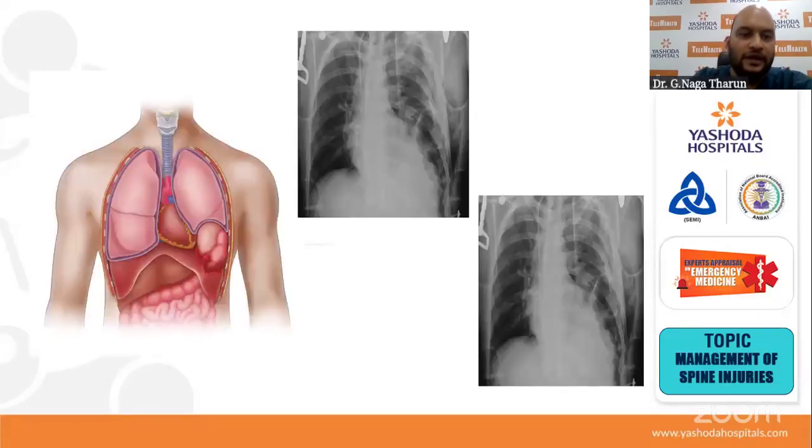And here in this picture, we can see the diaphragmatic injury. On the left side, the diaphragm has been ruptured, and the gastric contents and intestinal contents have entered into the left side of the chest cavity. It is also seen in this X-ray, the diaphragm is ruptured and elevated, and organs like the stomach and intestine have entered into the left side of the chest cavity. These are both X-rays, as you can see.